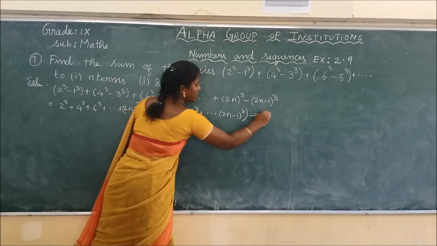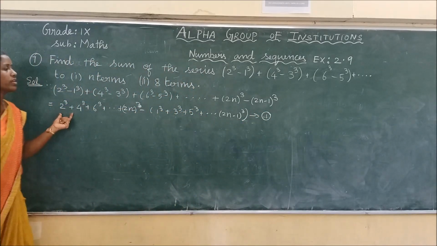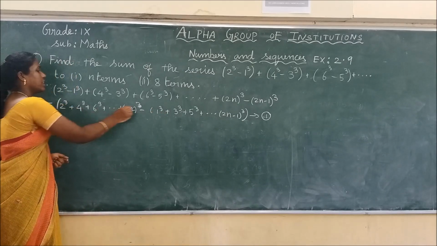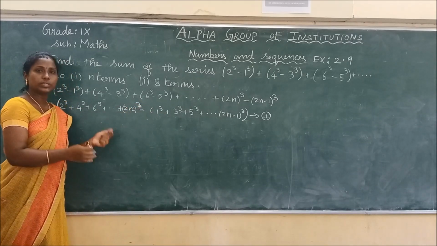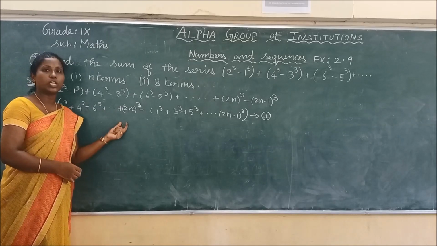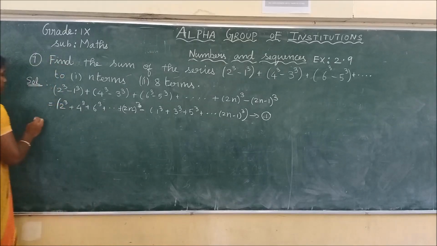After this, two series are there. Based on even numbers and odd numbers, we are segregating the two series. I am going to find the value of these two series separately and substitute in equation 1. So first I am going to consider